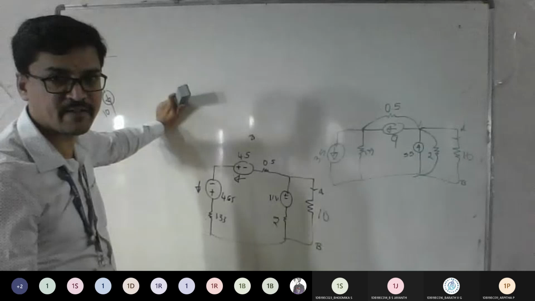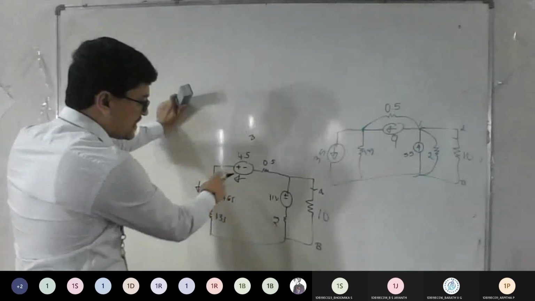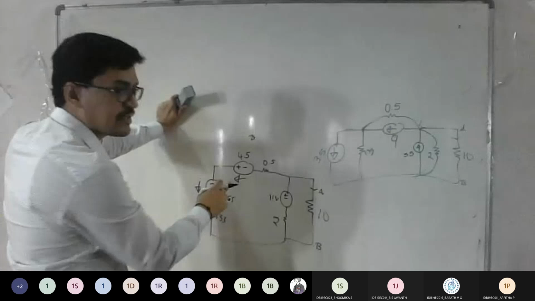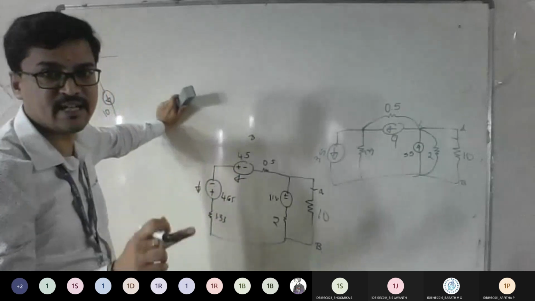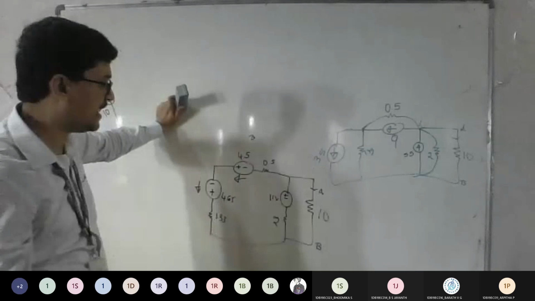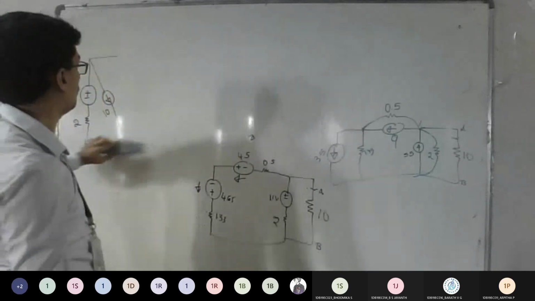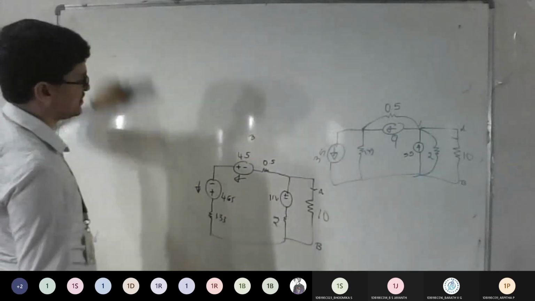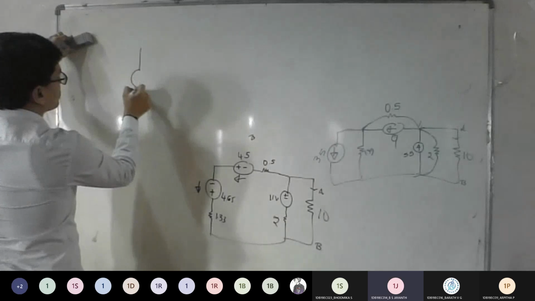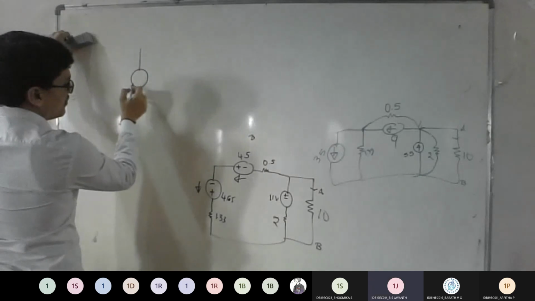So what can be done now? Can I add straight away? See, you will get confused with minus plus, plus minus. That's why I told you to mention the arrow mark. Head indicates plus, tail indicates minus. So that shows both are in the same direction. So I can add them into a single voltage source. What's the answer? How much is it here? 9.15 volts.